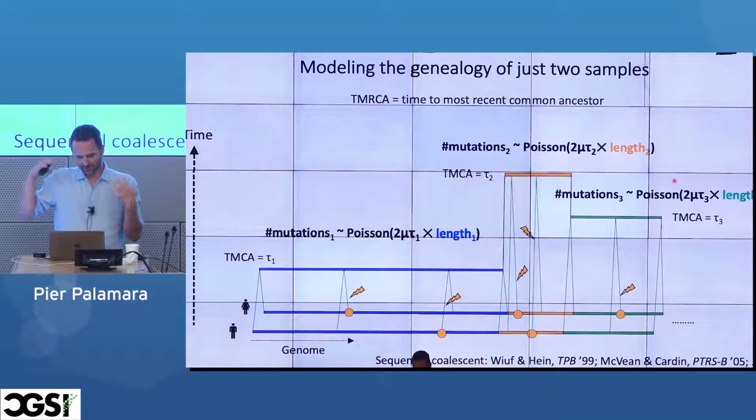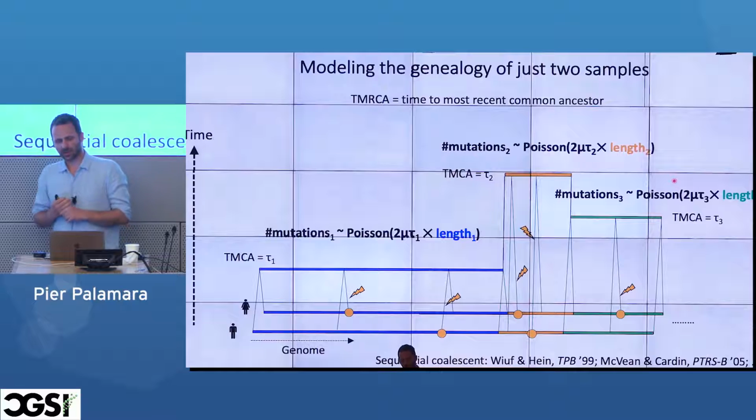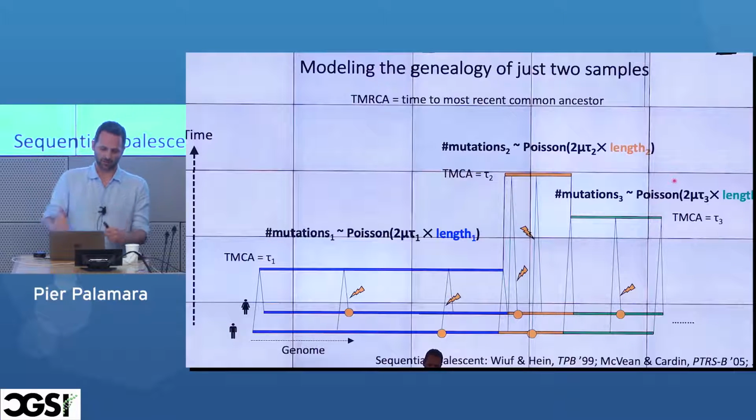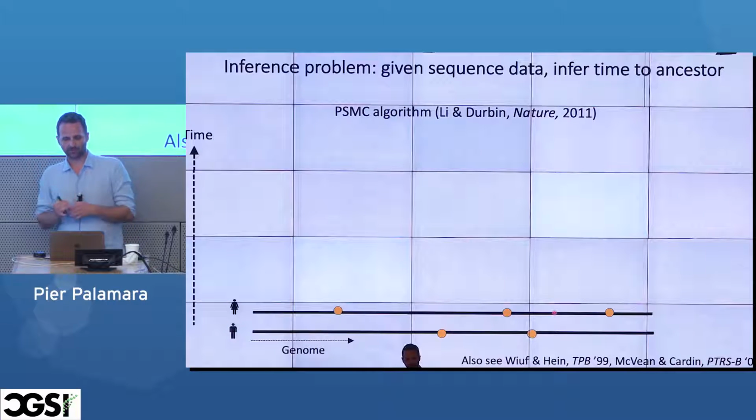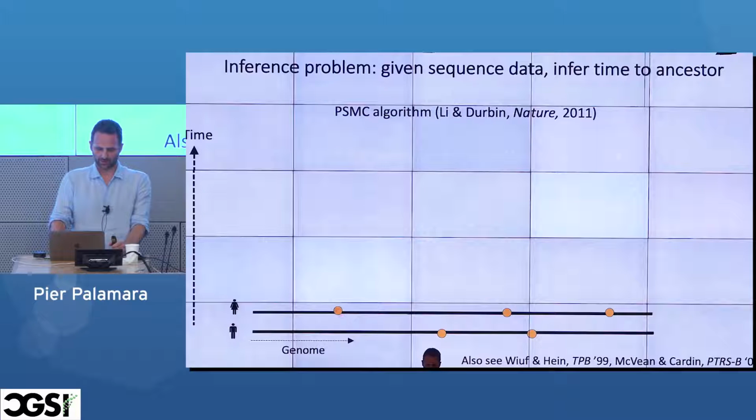And so this is the process where we left off. This is how you can simulate haploid genomes. The mutations that we find if I sequence someone, if I sequence myself, this could be my maternal and paternal chromosomes, are just a result of these kinds of processes. And so I don't see the ARG, I don't see the graph. That's what I want to infer. All I have is data here at the bottom.